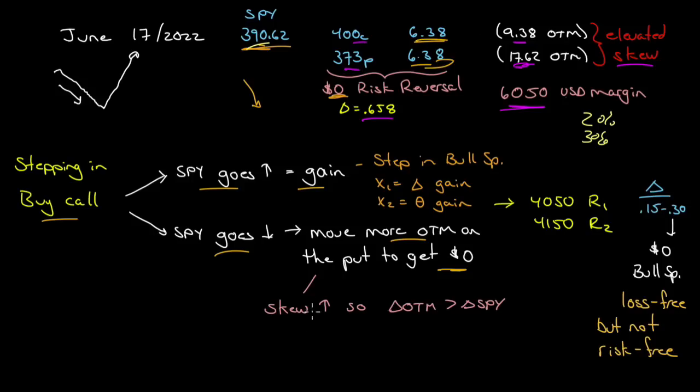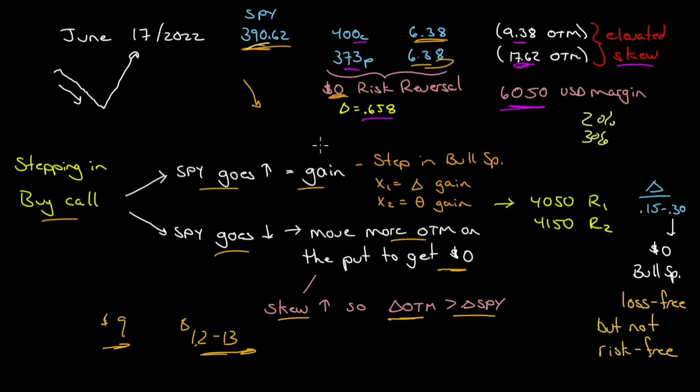Not only that, if the market drops, the skew will increase even more. So the change in the out of the money that you can get will be greater than the change in the drop in the index, meaning that if the SPY drops $9, you could probably get $12 to $13 deeper out of the money. How far out of the money you can go will be greater than the amount that the index drops if the skew increases as well. So you get a really, really asymmetrical risk profile on that one.